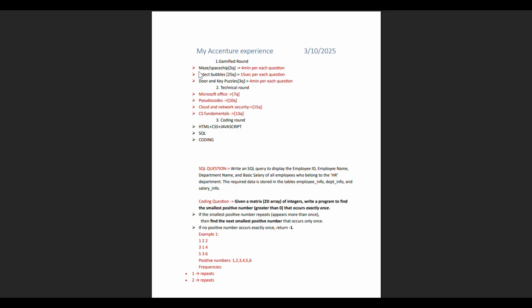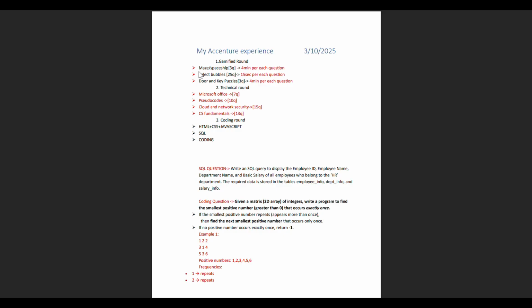layer I got. So make sure to practice cloud and network security scenario based questions. And in CS fundamentals, out of 13 questions, I got 4 questions from SQL queries. They will be giving a query, and we need to predict the output from the 4 options. We need to select the correct option which displays the output correctly. And remaining